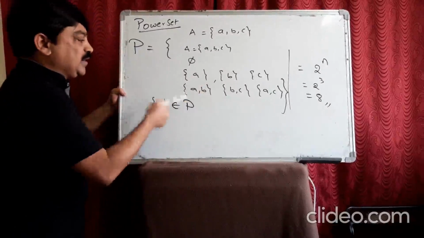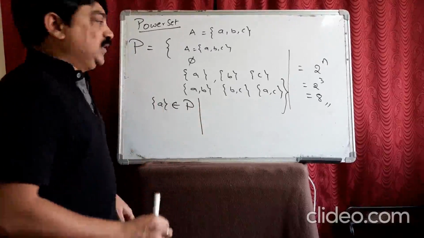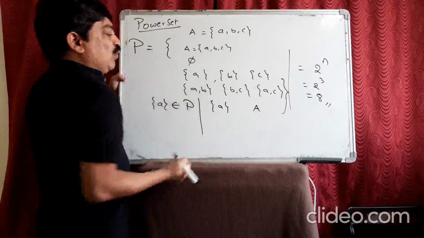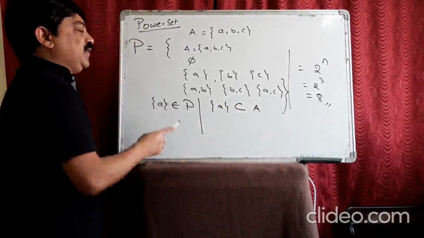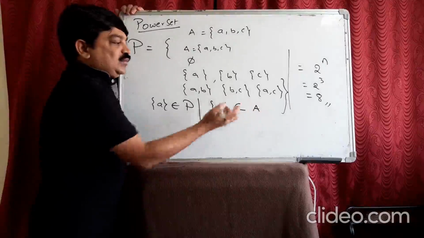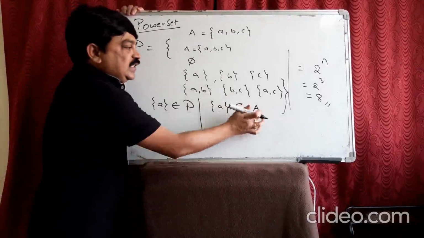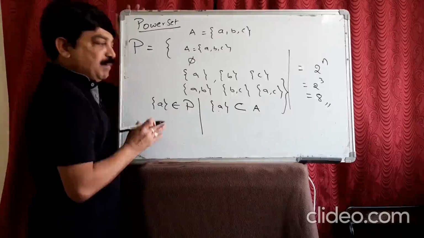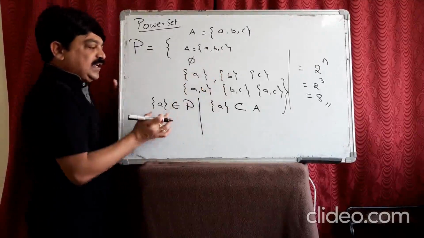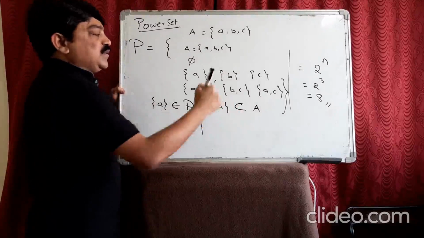Belongs to: when an element is represented, we should write belongs to. But when you take them separately and compare this and this, what do you write? It is a subset. These two definitions are very, very important, guys. See, this is a subset of A, no? This is a set and this is also a set. So you can compare like this. But when you take the set of all the subsets of a set, then each should be taken as an element. This belongs to P and this is a subset of A.